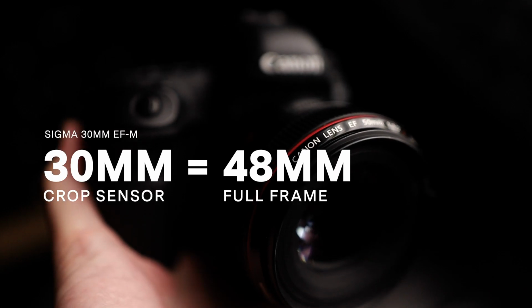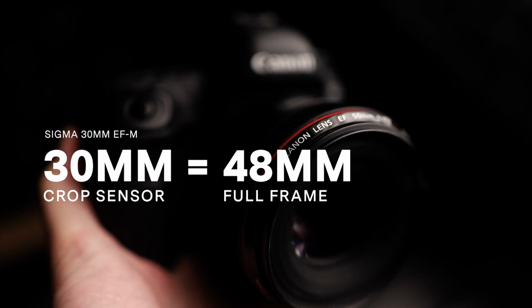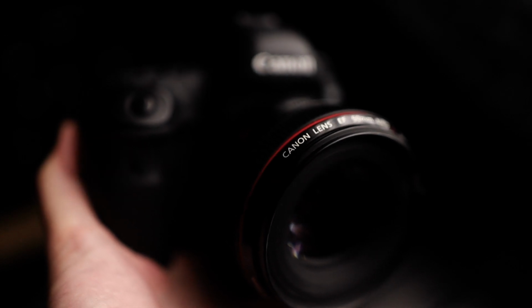Both are prime lenses, which means they have a fixed focal length, so you can only zoom using your feet. The Sigma has a focal length of 30 millimeters, while the Canon uses 32 millimeters. Both lenses are designed for cameras with crop sensors, so if you visualize focal length in terms of full frame 35 millimeter like I do, the full frame focal length equivalency of the Sigma is 48 millimeters, while the Canon